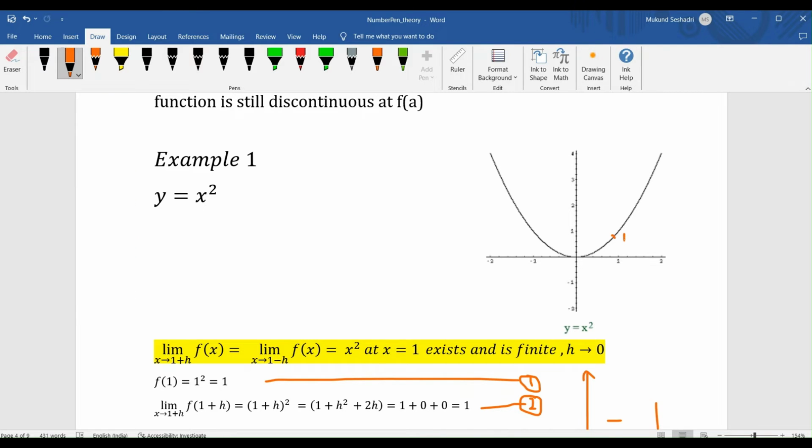So these are the points 1 comma 1. When I take a value x which is very close to 1 and it's tending to 1, which is what we call our 1 minus h on the left hand side, and 1 plus h on the right hand side,